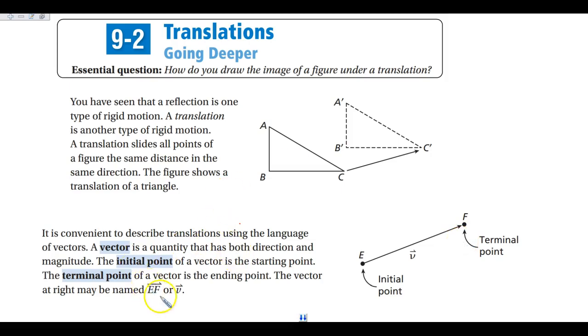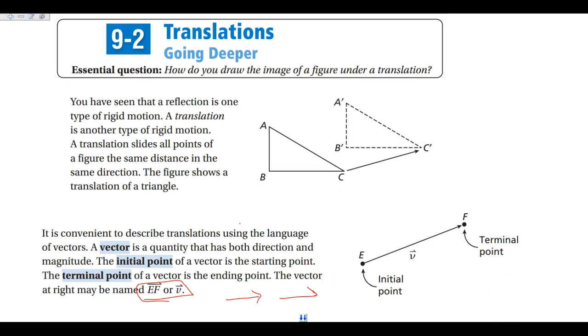your terminal point will come second. Now, where it differs slightly from naming a ray is you'll notice this symbol at the top. The ray had the full arrow at the top of the two letters. A vector only has half of the arrow. So that is how we notate the symbol for a vector. Also notice that we do have a naming letter here. So I can also call this vector V. So when we're naming these, we have two different ways that we can name them, with the two letters, naming your initial and your terminal point, or just that single naming letter if one is given to you. If you have any questions about that, please make sure that you write that down under your vocabulary